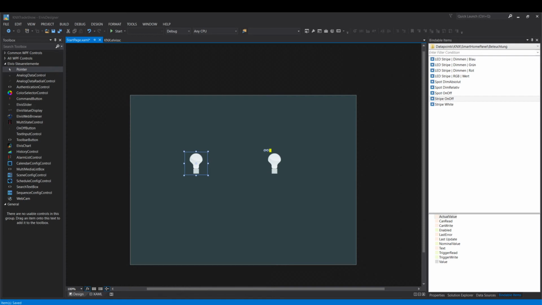And this also works not only for a simple button, this also works for more complex controls or parts. So what is a part? A part has different controls inside, and you can use this part as often as you want with different data points. For example, a simple part would be for dimming a light. You have an on-off button and an Elvis slider. To finish it up, I will start